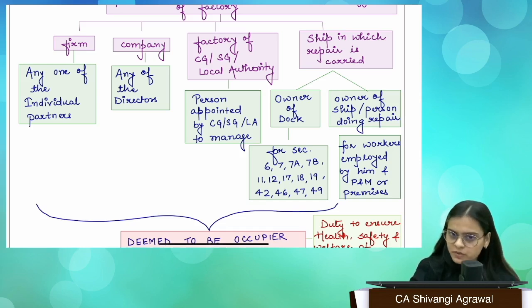So we have covered basically all the important definitions that are needed, and you have to learn the definitions also, though not word by word, but you should be able to write them in your own words, because definitions are also asked in examination, and you must actually know them, right? So I hope you have understood the entire chapter of the Factories Act, whatever is incorporated in your syllabus, and you're able to recall it well. Thank you.